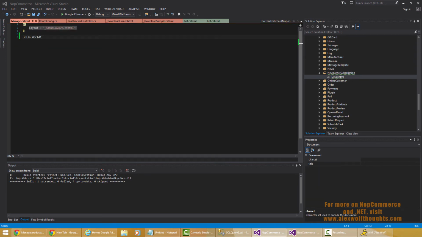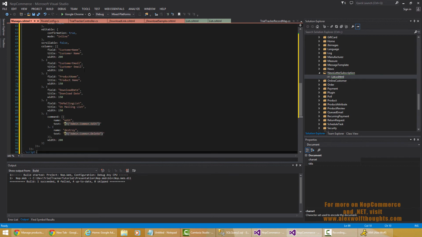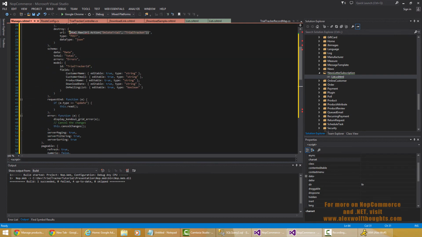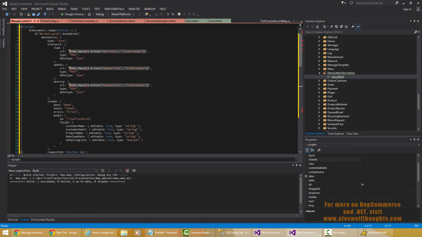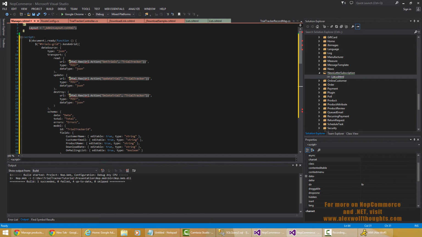So I'm just going to copy in what I came up with. This took a little bit of trial and error, but remember, you can always download the source code for this tutorial and just copy it out of there. I'm not going to type all this out because that would take forever. You can also look at samples on Kendo UI's website for their grid, but you can see that it starts out by declaring an item to